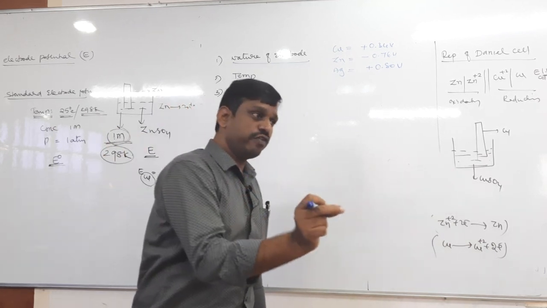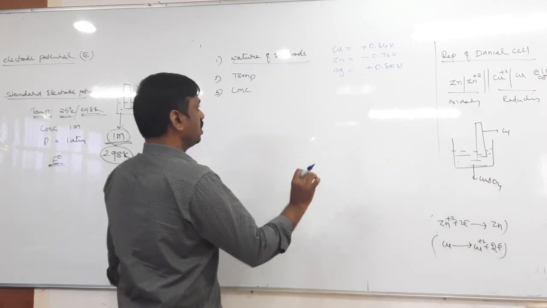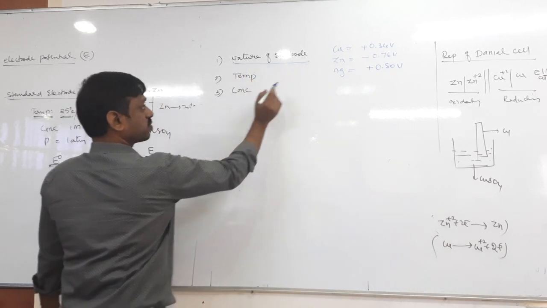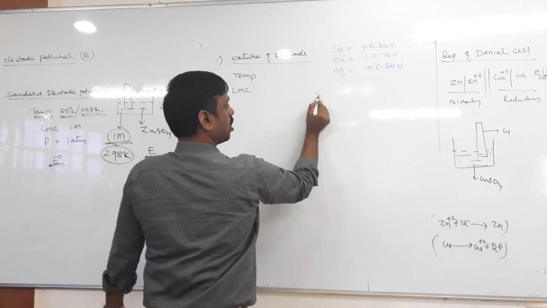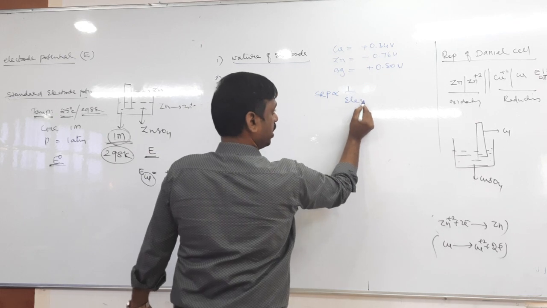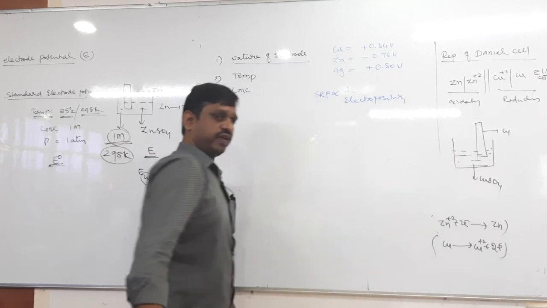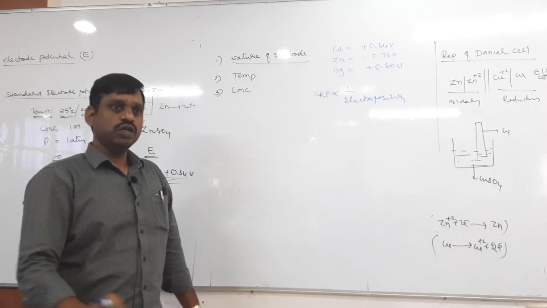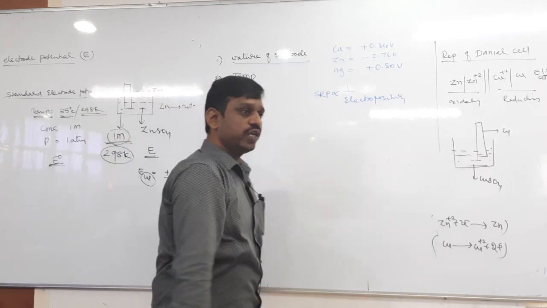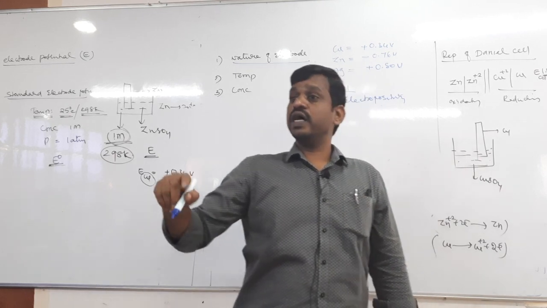Then what is the relation between nature and its SRP? So remember, generally SRP value is inversely proportional to electropositivity. In general, there are some other conditions also, but in general SRP value is inversely proportional to electropositivity. It means higher the electropositivity,